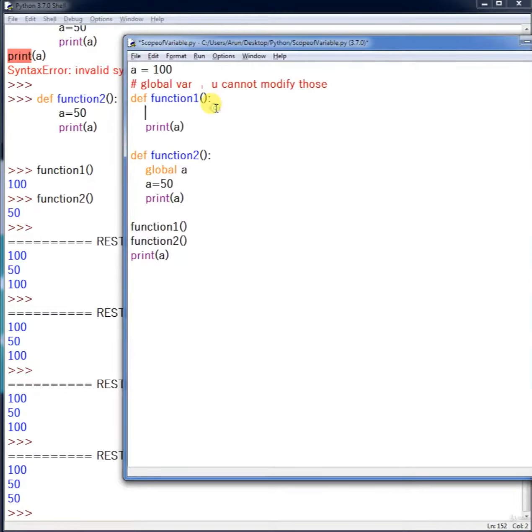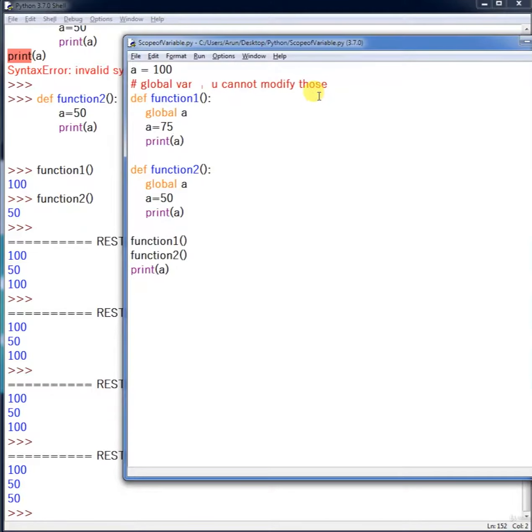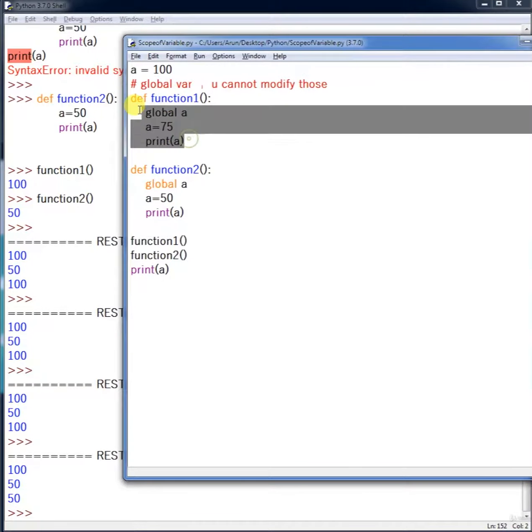So here I'm trying something different. Again, I'm going to override the global variable here. I'm going to modify it to 75. Before running this particular program, let's validate the outcome. When it enters function 1, it will mention it is going to override the global variable. So the 100 becomes 75 here, and then it's printing the local copy, 75. Once function 1 is over, the a value is updated to 75,